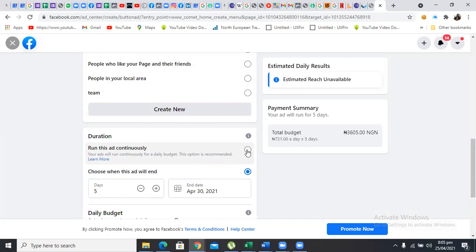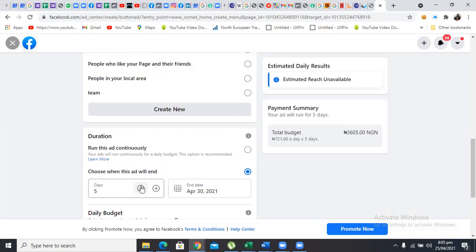Is it a continuous ad? If you are a company that spends a lot of money, you want your ad to run continuously. You don't want it to stop. Of course, you may have seen this type of ad. It continues running. Anytime you go to their page or you are scrolling, you see the ad popping up in your face. So all you have to do is click on continuous. But if you are just starting as a business person, you just want to run an ad. That ad, all you do is 3 days.